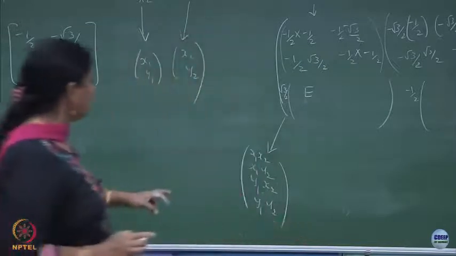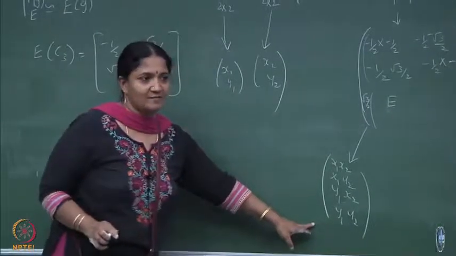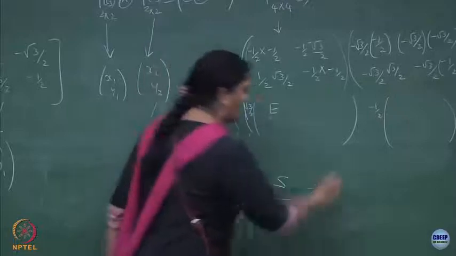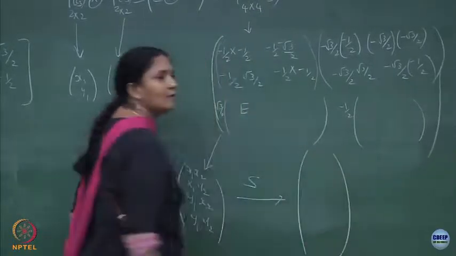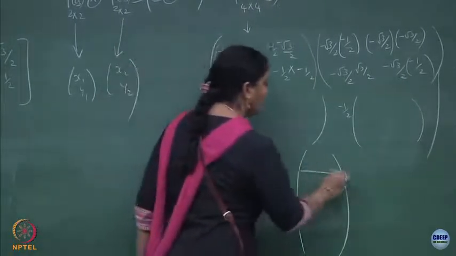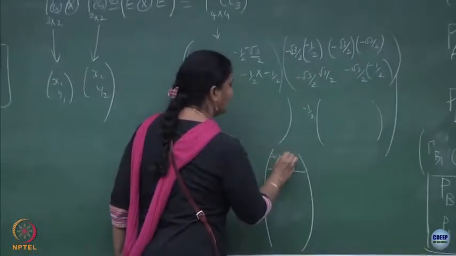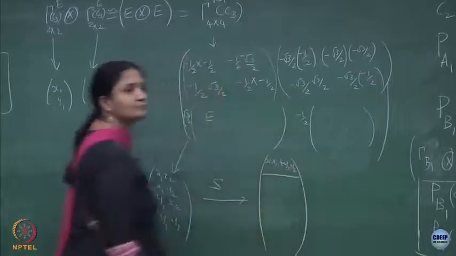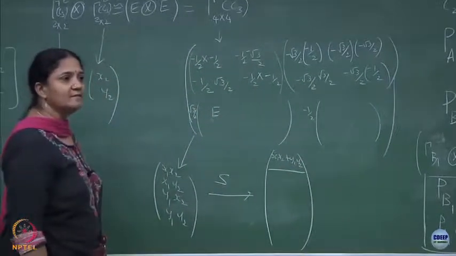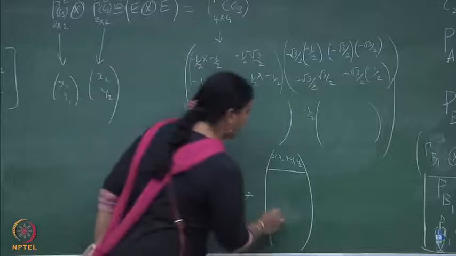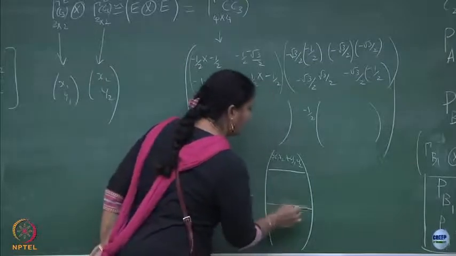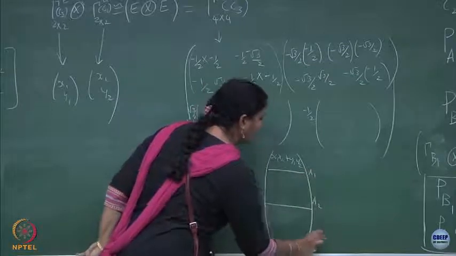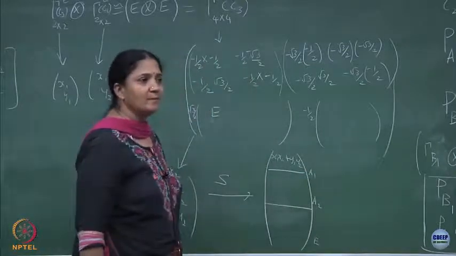Okay. This one which I have written is a reducible space. What I am going to show is that the S matrix will break it up into a piece which is x1 x2 plus y1 y2, that is one piece. Then you will have another piece which belongs to A2 and then another piece which belongs to E, which are all binary bases.